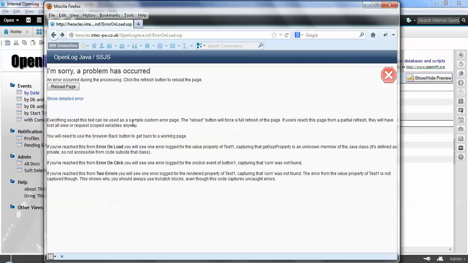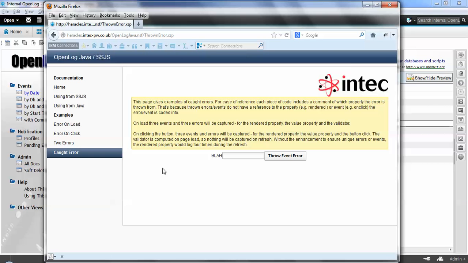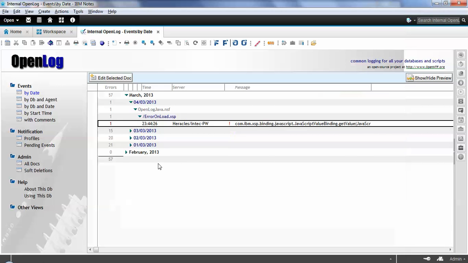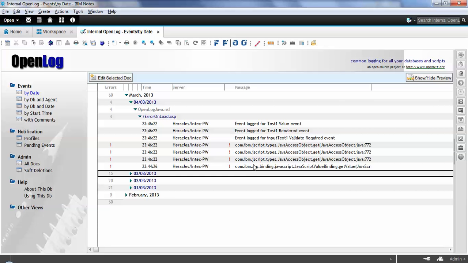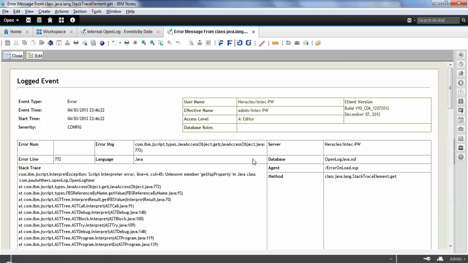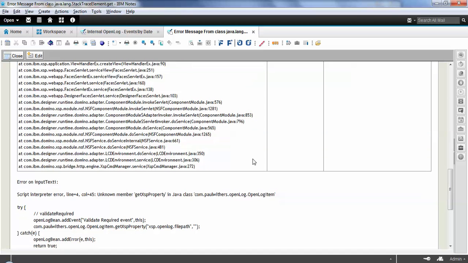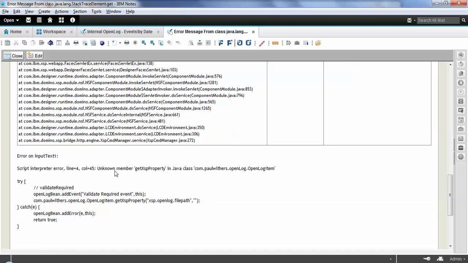If I just go back to my home page, then on the caught error, this is where I've got try-catch blocks. I've got a number of them. So we've got some accessed from server-side, this was from server-side JavaScript. So we're seeing that, and I'm actually logging out which